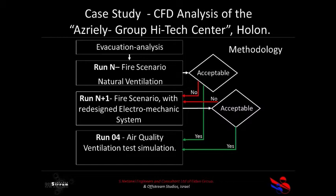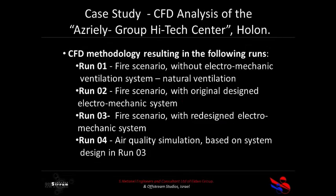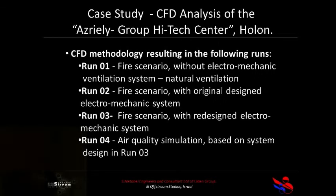If it is not acceptable, we go back to the engineers and they redesign the system, sometimes according to our advice, and sometimes they just do it on their own. After they redesign the system, we run it again. If it's acceptable, we go back to the last step and we check the ventilation test for the new system design. So in this case study, when we look at that methodology, we actually resulted in the